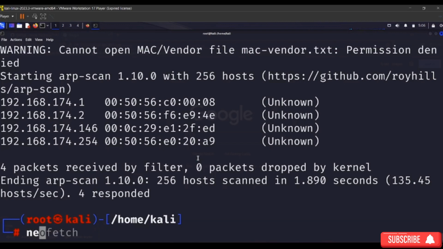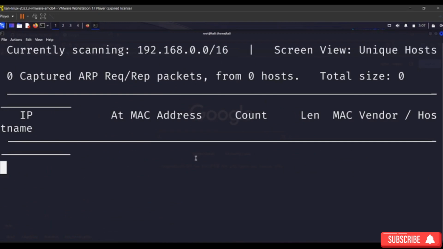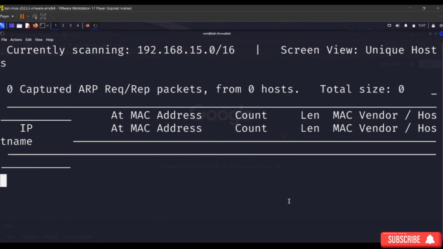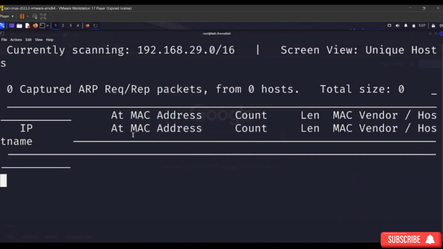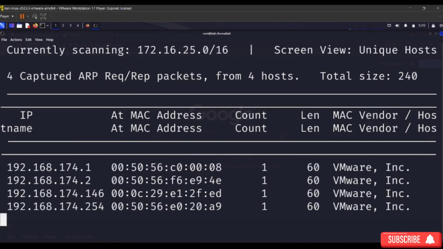So what can the netdiscover command do? Using the netdiscover command, it discovers hosts on the local area network by actively sending ARP requests. Similarly, we will get the IP address of the Metasploitable machine using this netdiscover command. If you want to get the IP addresses of the machines that are connected to your network, you can get it using either arp-scan or netdiscover. Here we can see the result of this command. Here we got the IP address of the Metasploitable machine, which is